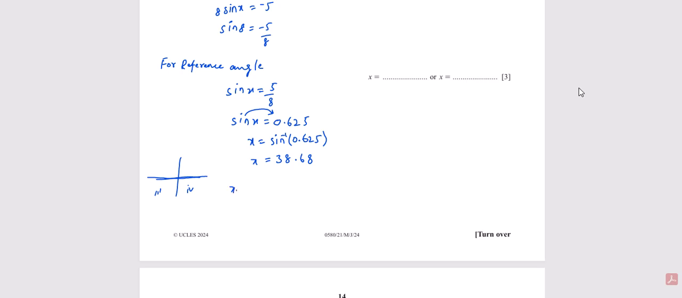So find x1. This angle is equal to 180 plus the reference angle, because it is greater than 180, so we add this angle. The reference angle is 38.68. So x1 is equal to 180 plus this angle, we get